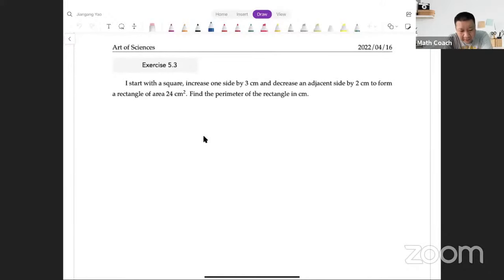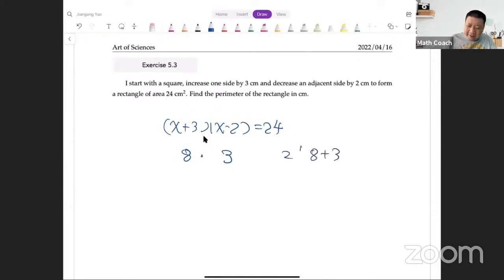Question 5.3. I start with a square. 74, go ahead. Yes, 22 is the correct answer. In this question, you increase one side by 3 and decrease the other side by 2, so they differ by 3. Of course, if you form the equation, it will be x plus 3 times x minus 2 equals 24. But the best way to deal with this kind of so-called quadratic equation is to directly guess the number by factorization. You know that would be the quickest way. Okay, so now it's